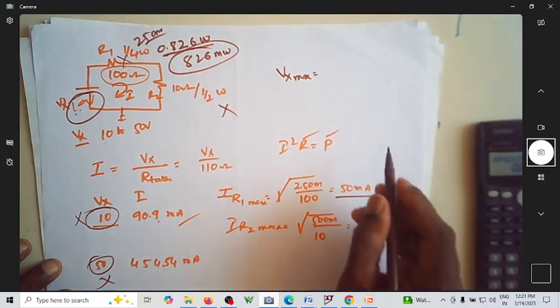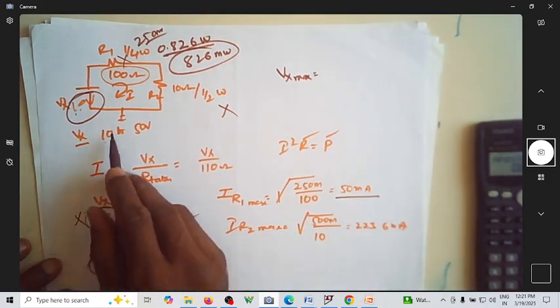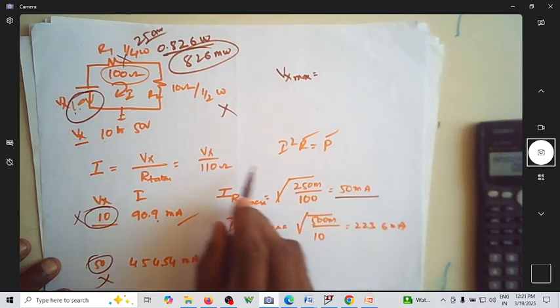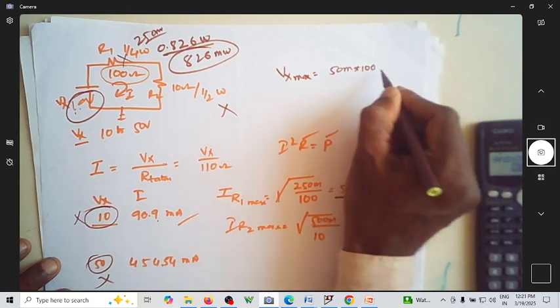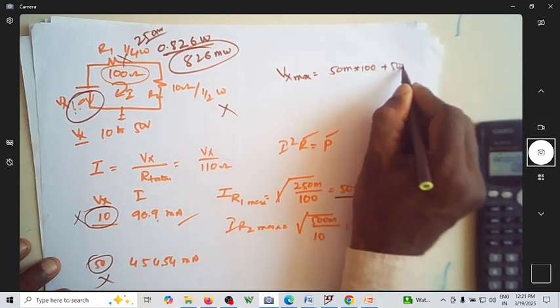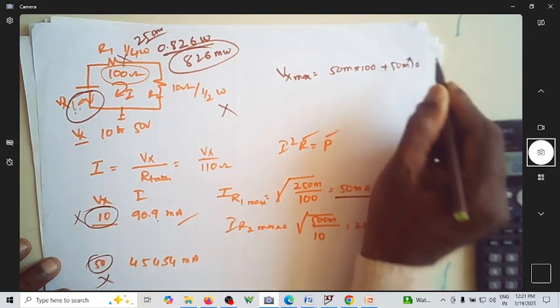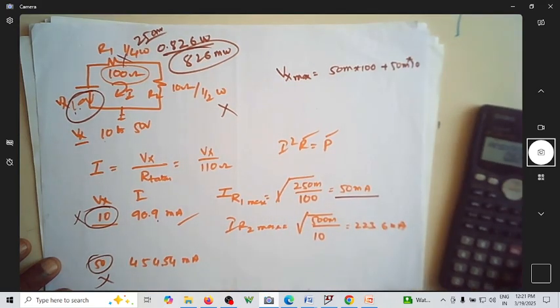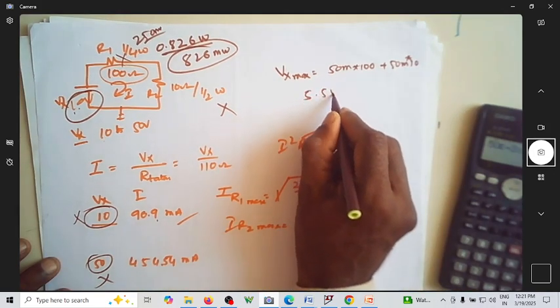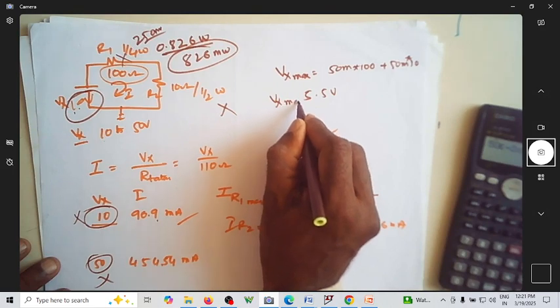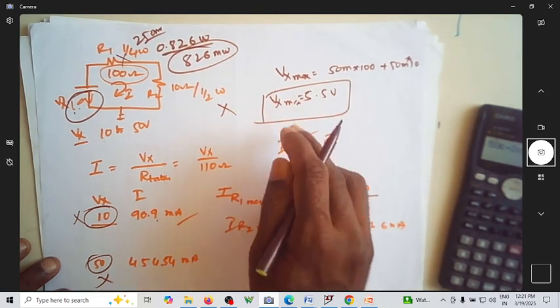Vx max you can think of is this is 50 millivolt it can dissipate. So it is 50 milli into 100 ohm plus 50 milli into 10 ohm. So it will be 50 exponential of minus 3 into 110. So you can apply hardly 5.5 volt. So Vx max that you can apply is 5.5